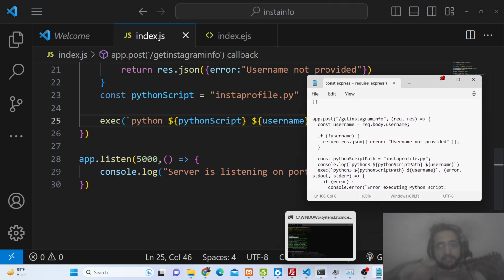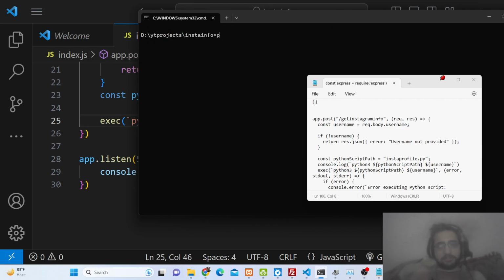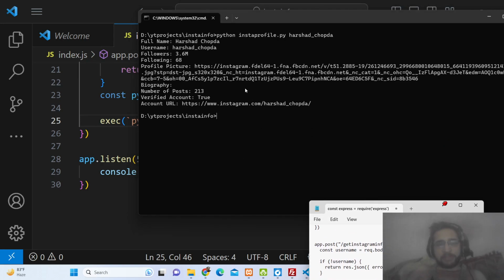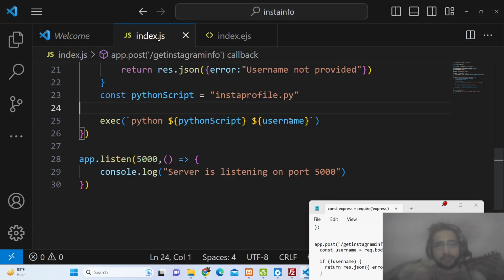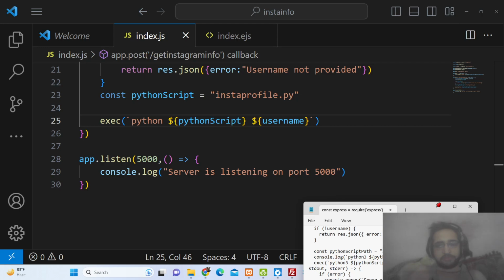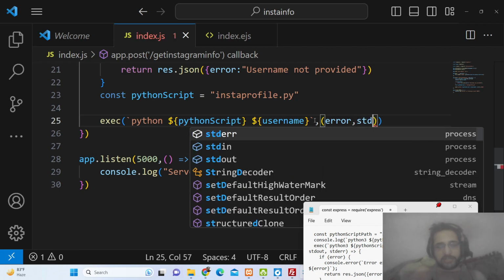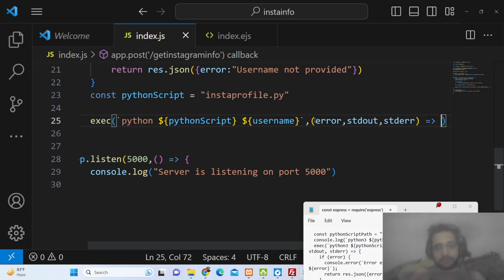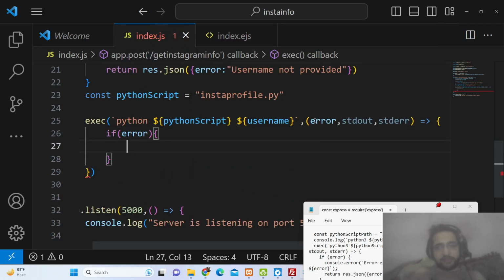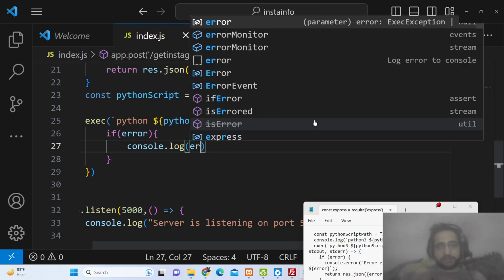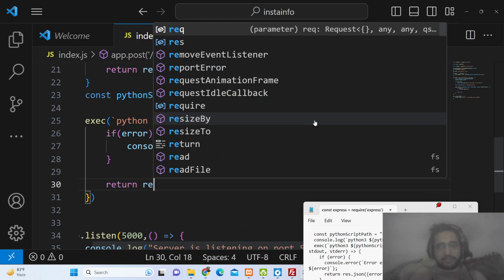So if you see, guys, if I run this Python script right here in the console, we provide python instaprofile.py, and then I provide the username. It will take some time and it will emit all this information: full name, username, followers, following, profile picture, biography, number of posts, verified account, account URL. So after doing this, we just need to handle the error, or standard output and standard error. If any sort of error takes place, we just need to console log it right here. And if no error takes place, then we simply need to